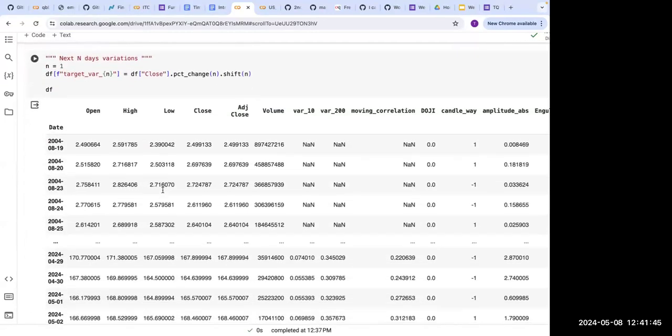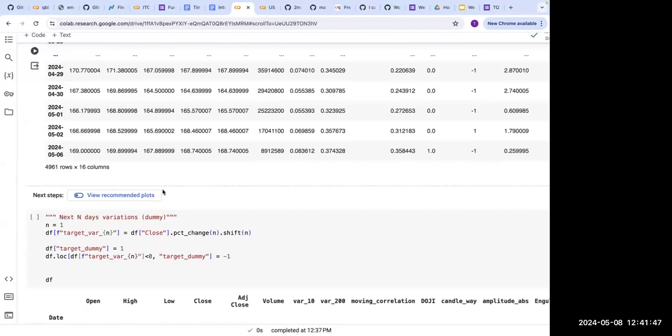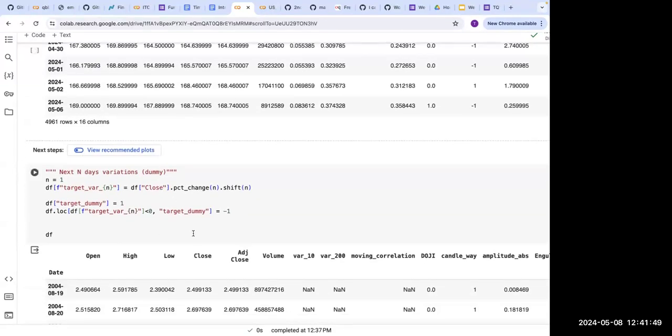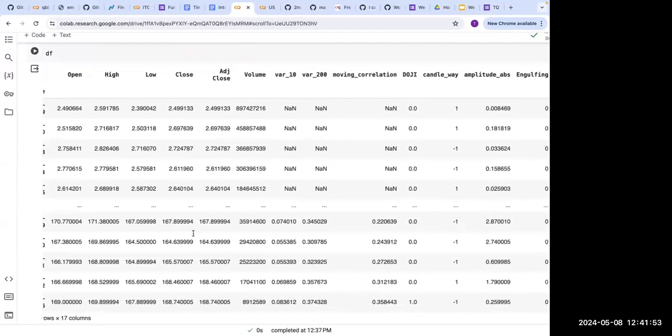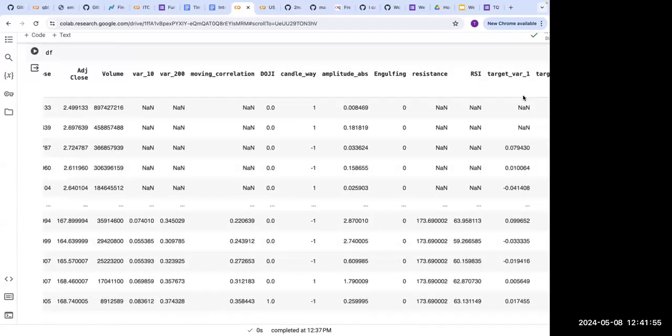Here your task is a little different. You are trying to see what the variations are in the stock price itself. So it's like target variance 1, target variance 2,